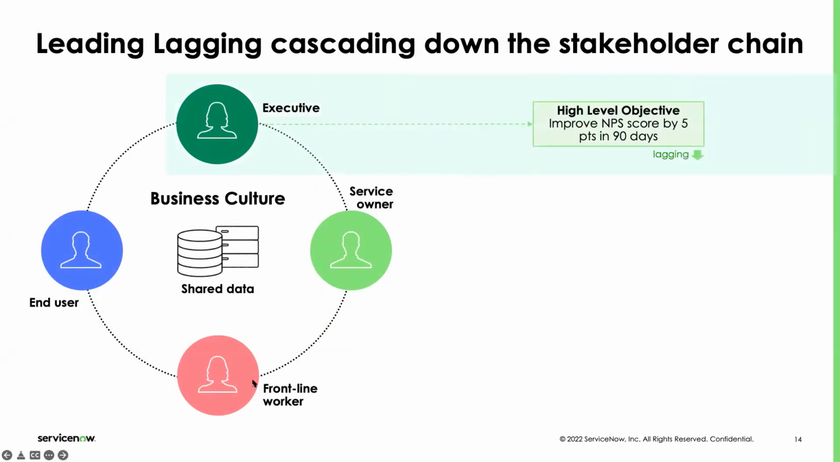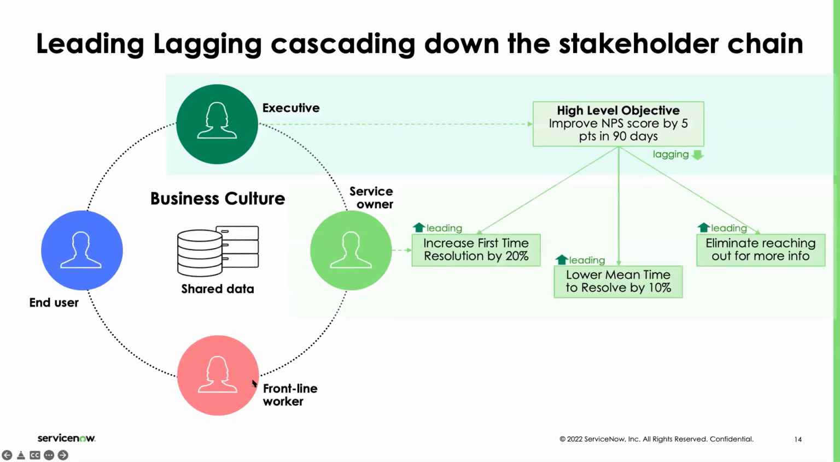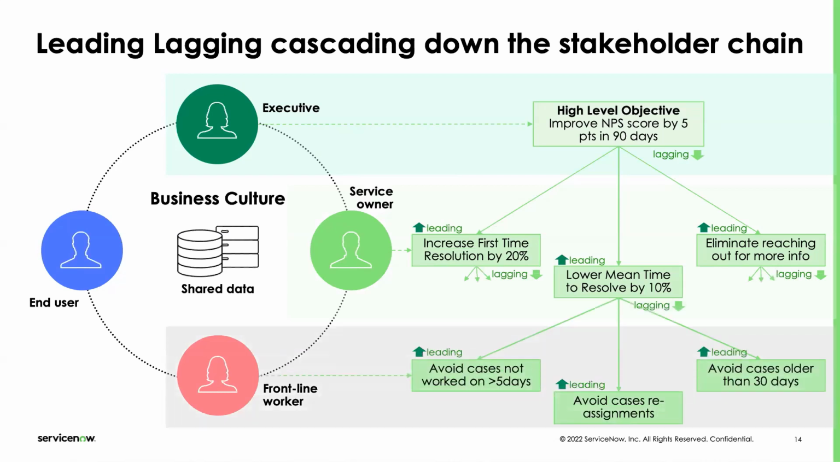I could have that high level objective there, which will then lead to these indicators as being leading. I would like my people to focus on increasing first time resolution, lowering mean time to resolve, eliminate reaching out for more info, because people don't like that, right? I'd like to have a solution. I don't want somebody to ask me what exactly it is that I mean, to the extent that you can even eliminate that. Then that becomes a leading or lagging indicator for the service owner,